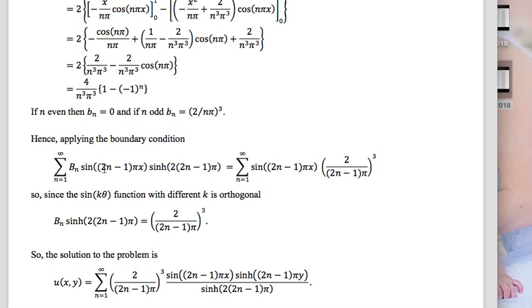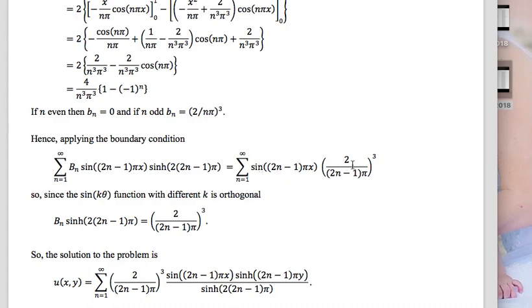But why has it changed to n minus 1? Well, because we're only dealing with odd terms, so we want an odd sequence here. So instead of being n pi x, it's 2n minus 1 for the odd sequence, 1, 3, 5, 7, 9, and so on. So that's our answer we got originally, sine n pi x, sine n pi y, but the boundary condition is being applied there as well, so that's where y equals 2, so that's where the 2 there is equal to our sine function, sine n pi x as it was,